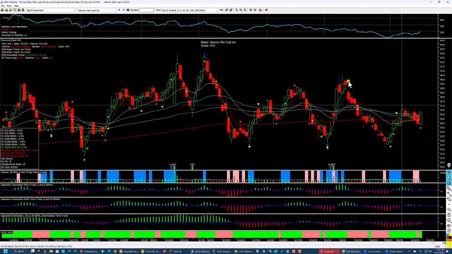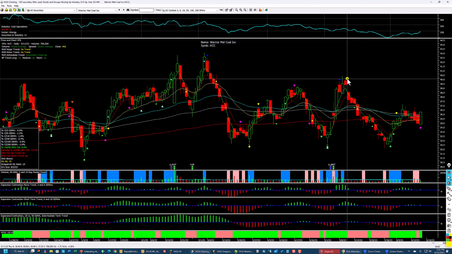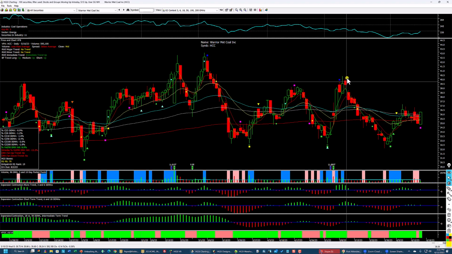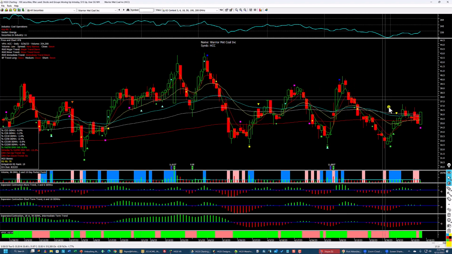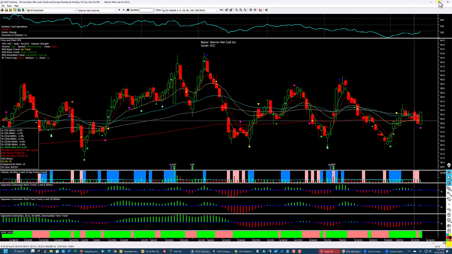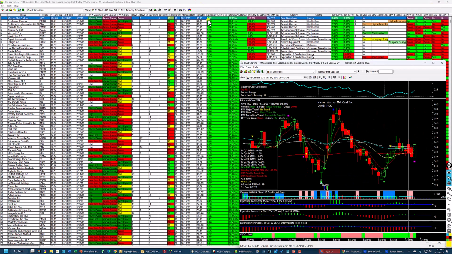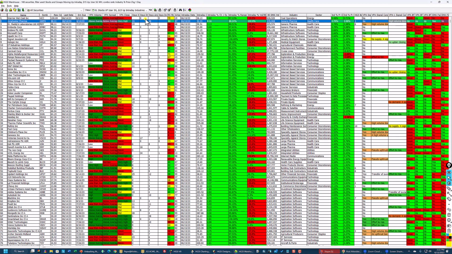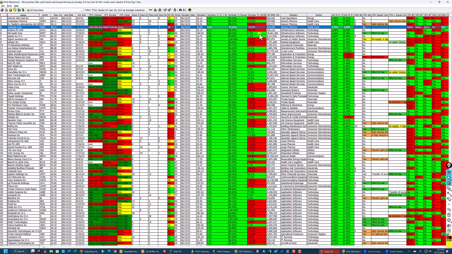It's tried to go up several times, and it's failed every time it's gotten up. Well, it got up in this area and failed here, failed up here too. It's just a very volatile stock. So I'm not interested. Let's go a little further down the list and just go down until we find